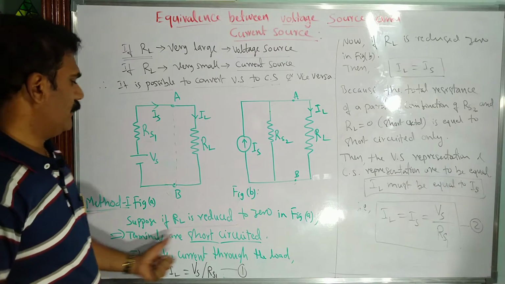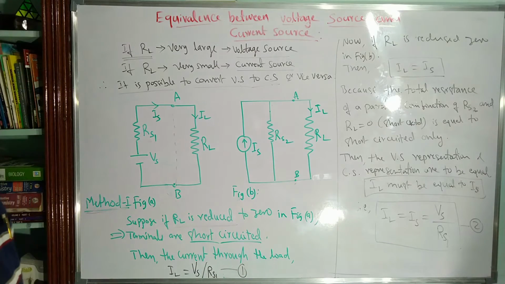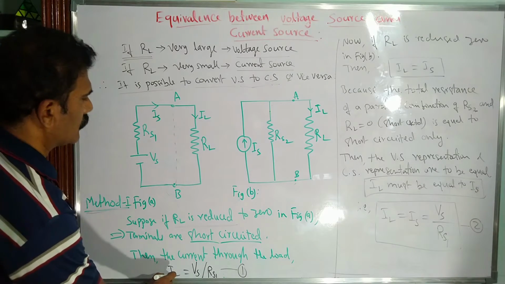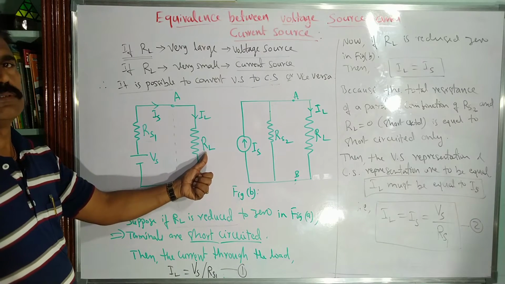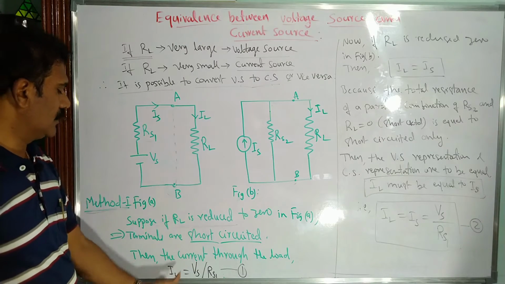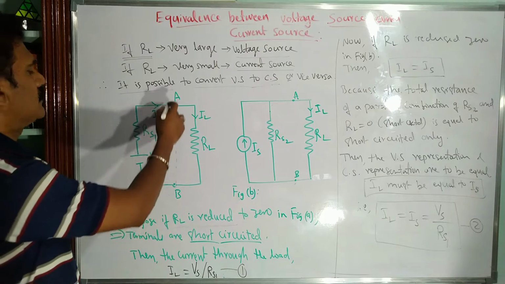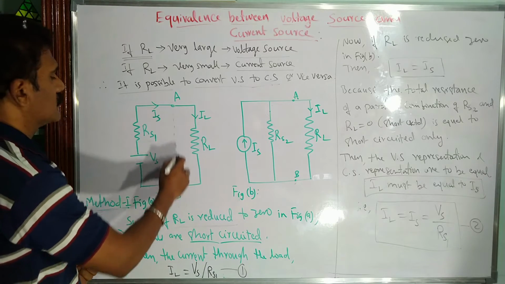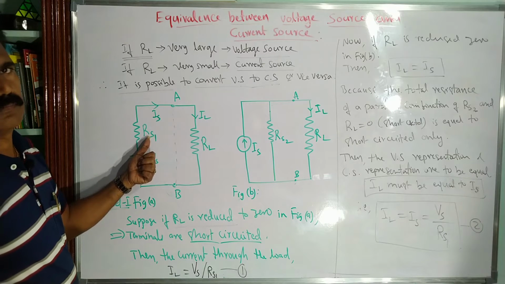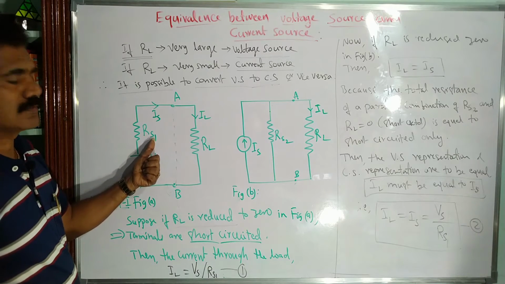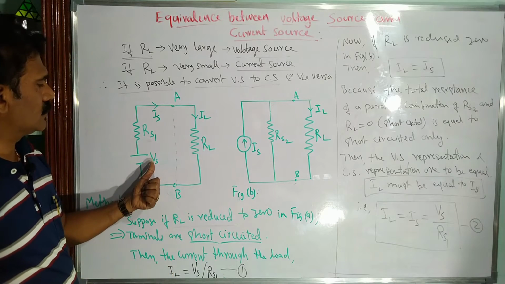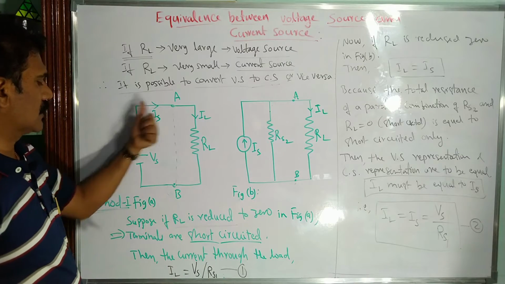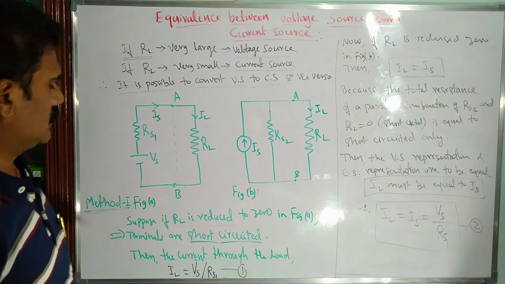Clear? Now when the terminals are short circuited, what is the current through the short circuited load? That is given by IL, the load current through the load resistor, where RL is equal to 0. When it is shorted, we consider the ratio of Vs to RS1, because in this short circuited circuit only the internal resistance RS1 is present. According to Ohm's law, IL is equal to Vs divided by RS1, which gives the current in the circuit. Let it be equation 1.